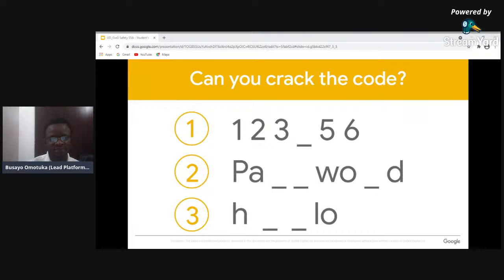So ask the students if they can guess what is missing in this password. You'll be surprised that the student will know what is missing, not to talk of hackers. Right. So let's move further and learn more. As we can see, you can see the word that is missing from the password. So this is a very weak password, and we should discourage the student from using this kind